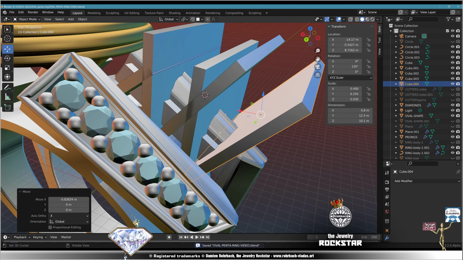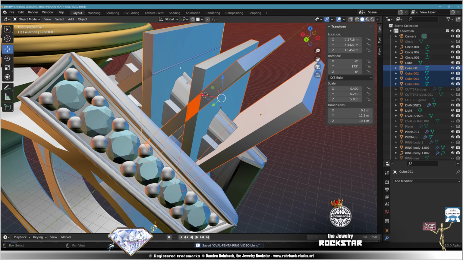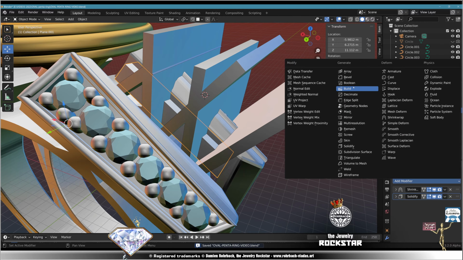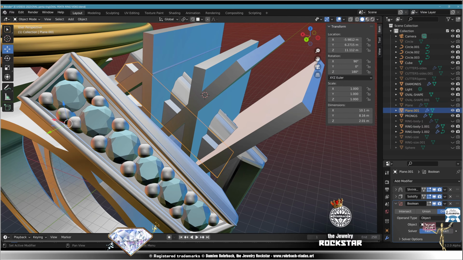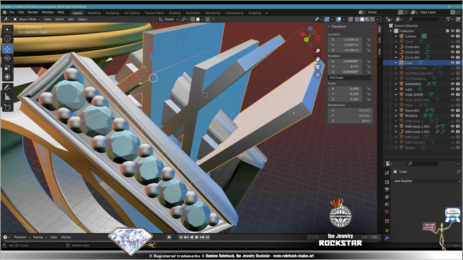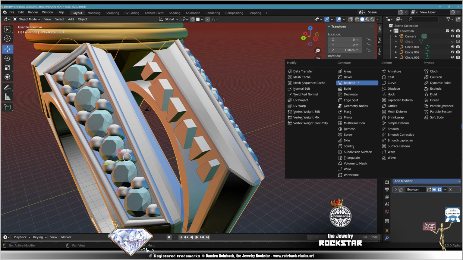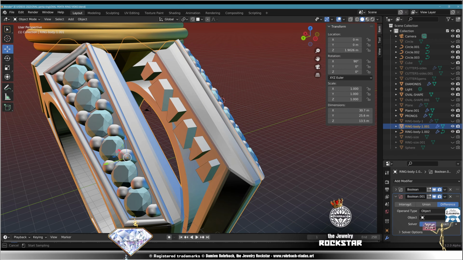Then obviously select the inside cutter, add Boolean, fast, and select these boxes to make the cut to the inside cutter and make it look really pretty. Now we obviously have to select the body of the ring, add a Boolean modifier, and make a fast difference